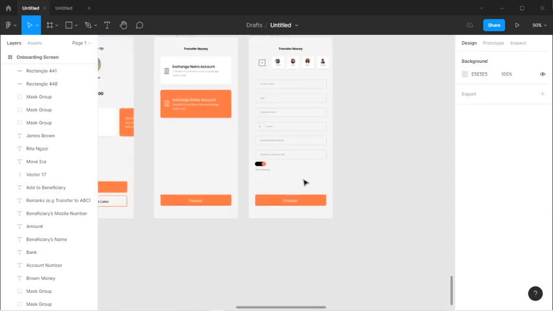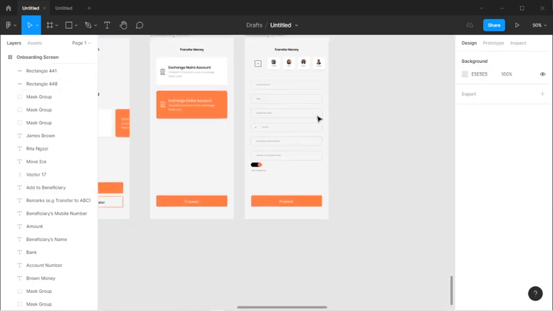That's beneficiary. Okay, so when you're done filling those informations, then you can proceed to